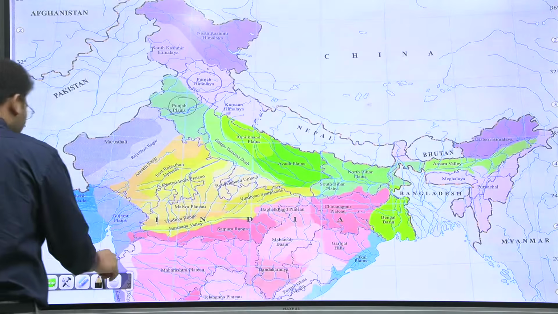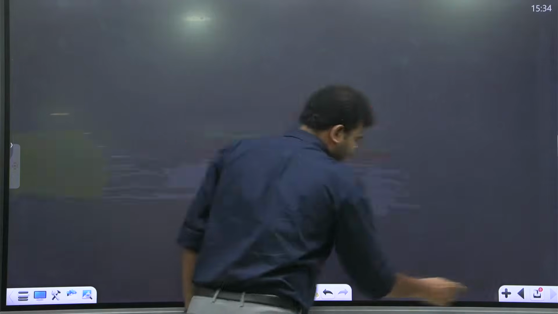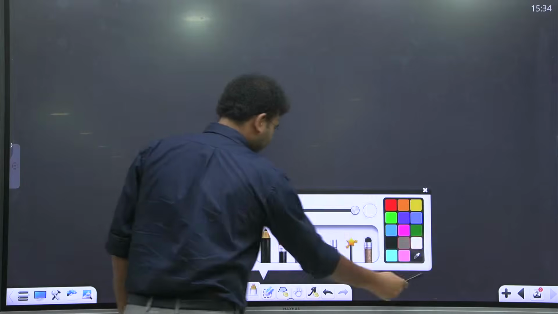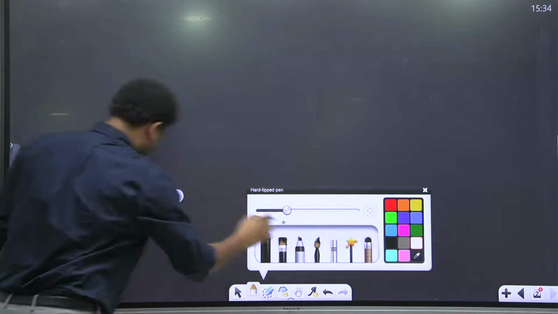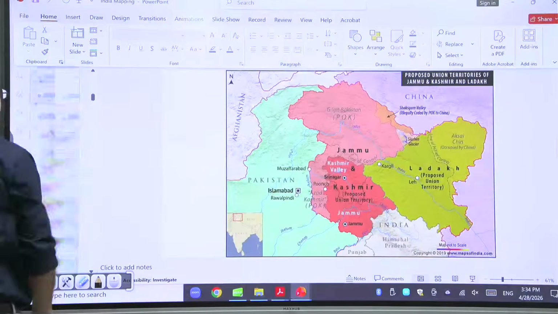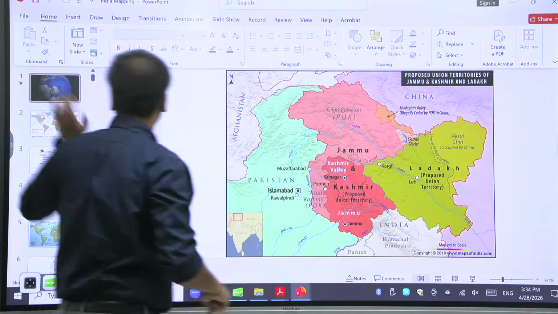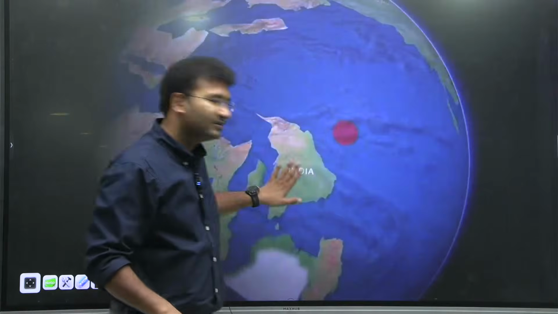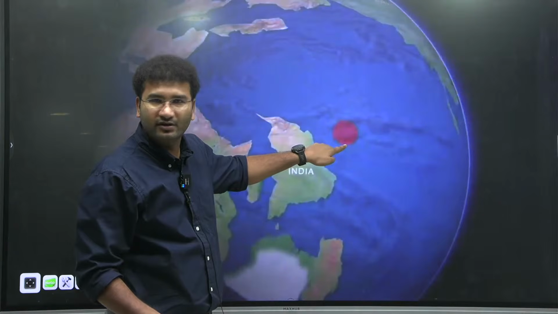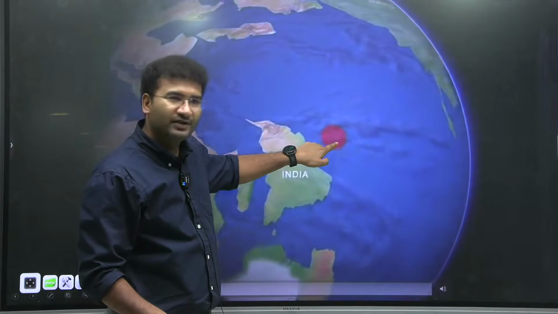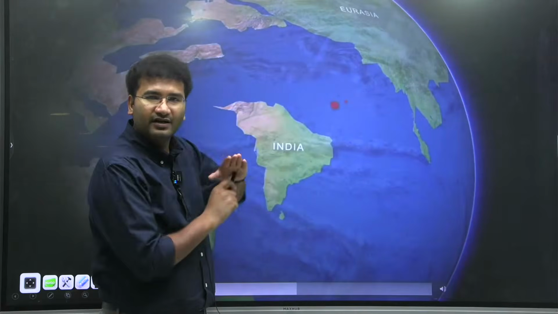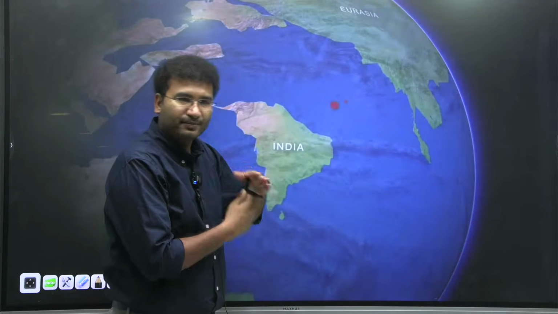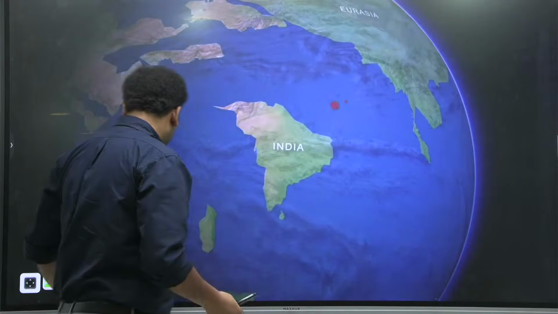So imagine this is your India, which is traveling. Whatever I'm trying to draw, please imagine in this dimension so that we are on the same page. See here, imagine this is India. While it is going, it came under the hotspot, right? For a few millions of years it was there. When it came under the hotspot, the shield of India which was there started to puncture, right? So the puncturing happened, and above that, basaltic magma started to come out here.